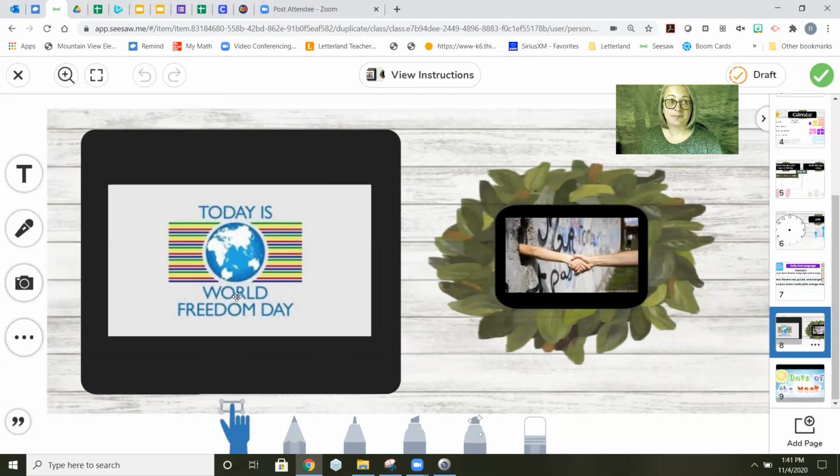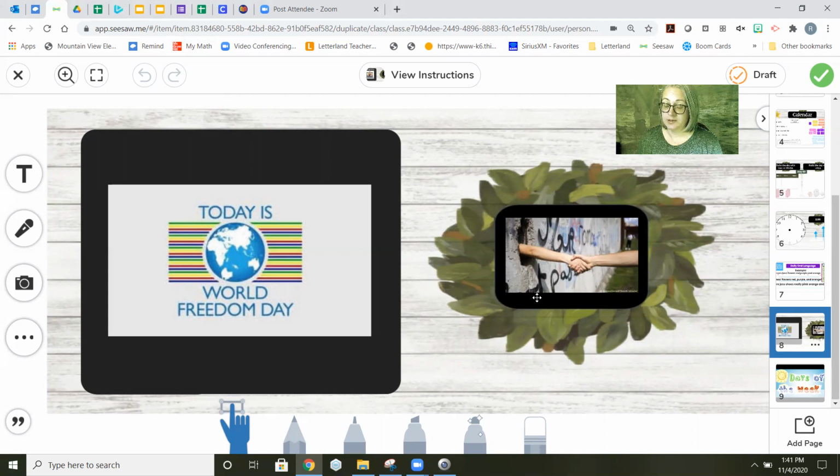That was like a sign that Berlin and these countries were becoming together and becoming more open. And this is a picture of that wall, just a section of it, and they've made a little hole in it. And somebody from the communist side and somebody from the democratic side are shaking hands for the first time, being able to do something like that. So that's why this is today, World Freedom Day.